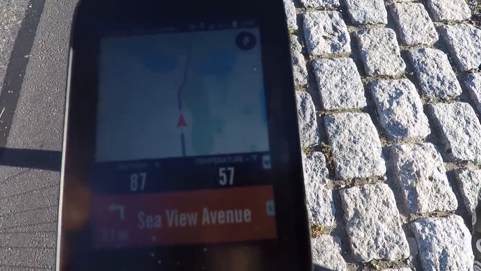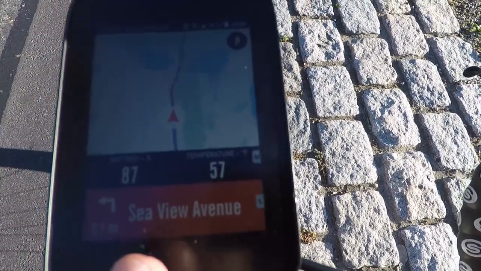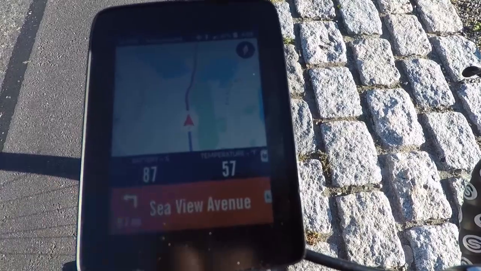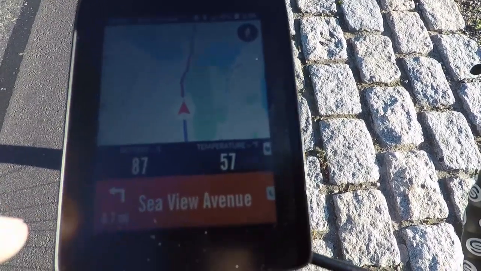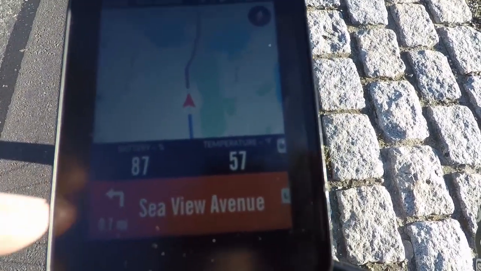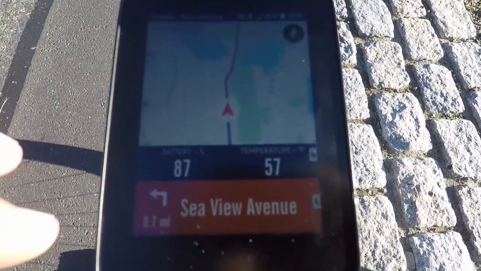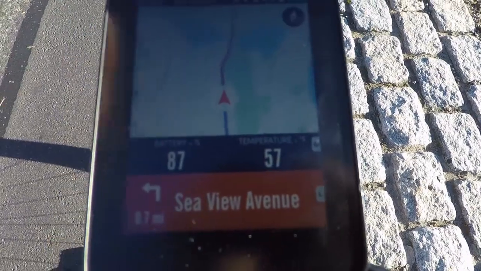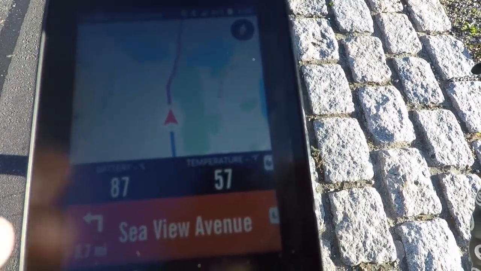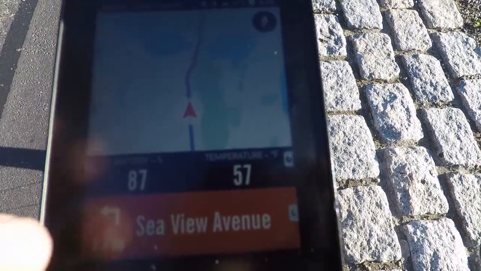These cues are good. I actually stopped here way back in the day, and I was confused because it was showing the current street name, but then the turn signal. This is actually correct. It's showing the name of the street that I'll be turning onto. So they haven't necessarily improved the actual turn indicators, because sometimes it's showing a hard left like this when it's really a bare left, and vice versa. The roundabout symbol is still only one symbol, even if you're going straight through a roundabout. But the extra granularity that they added a few versions ago in the actual turn indicator is better,